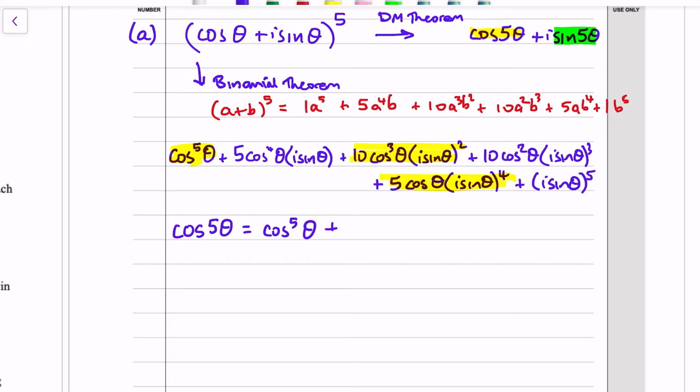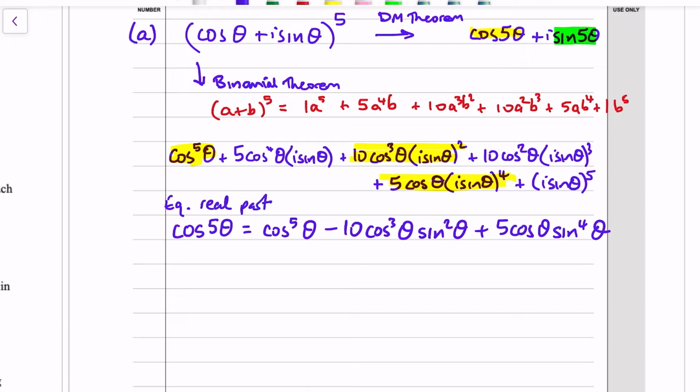plus, so it's going to be a minus because there's an I squared, minus 10 cos cubed theta sine squared, and then the last term I to the 4 is just 1, so we get plus 5 cos theta sine to the 4. Okay, that's equating real parts. And then equating imaginary parts